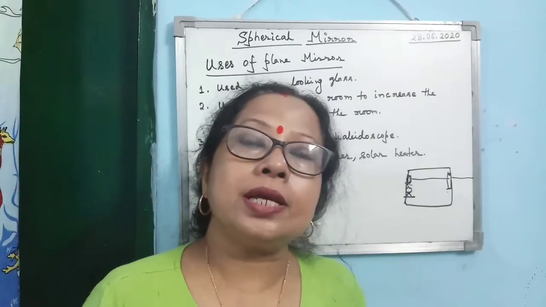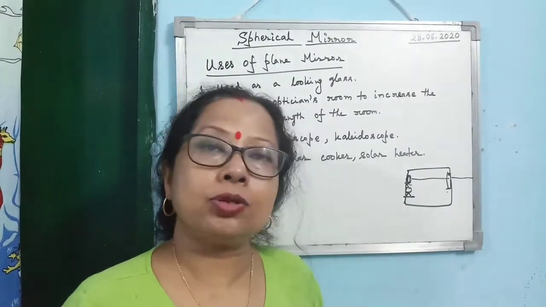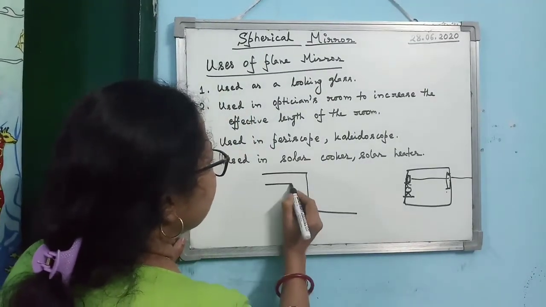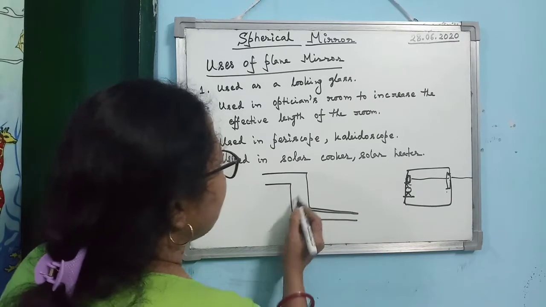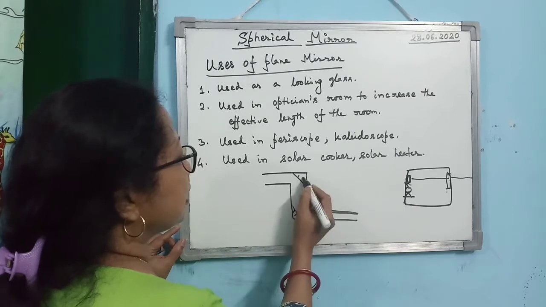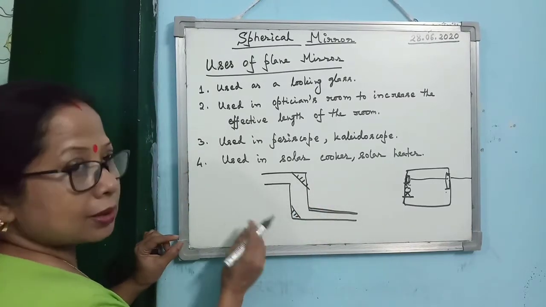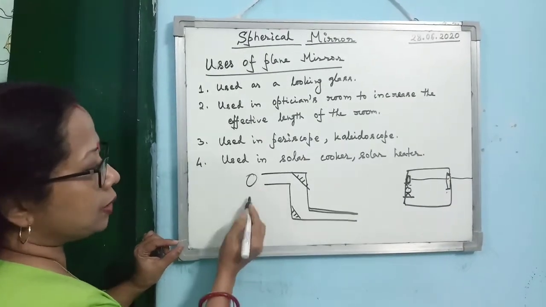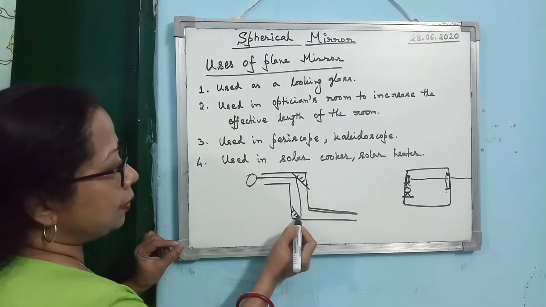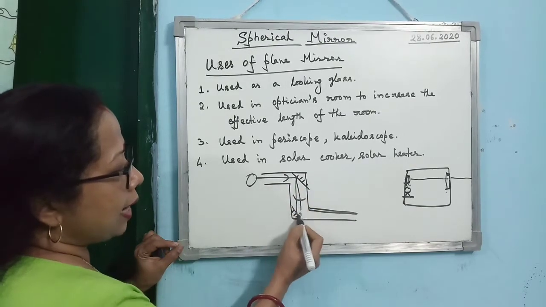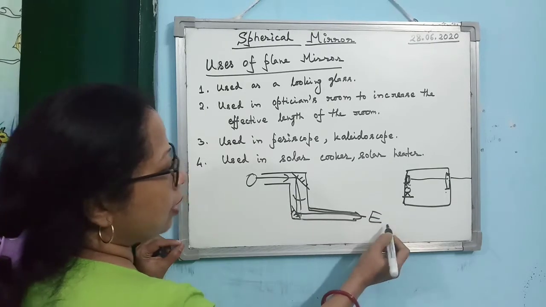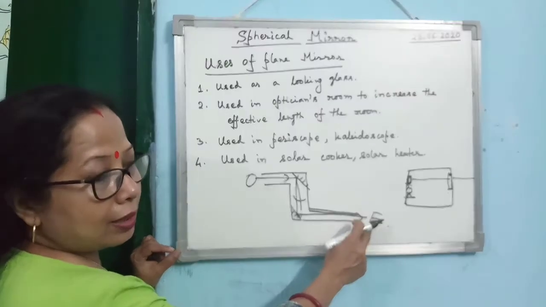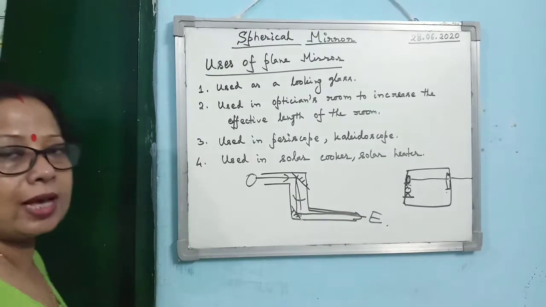Then mirror is used in periscope also, it is used in kaleidoscope also. Periscope is what? Periscope is like this. This is a structure of the periscope. Here there are two mirrors kept facing each other. Now here there is one object, and due to some obstacle you cannot see the object directly. So suppose here is the object, then what will happen? Light ray will suffer reflection first from this mirror, and then it will fall on the other and come, and the observer's eye will receive it. So you see, here the object is, but you can see it sitting or standing at this position. That is known as periscope.